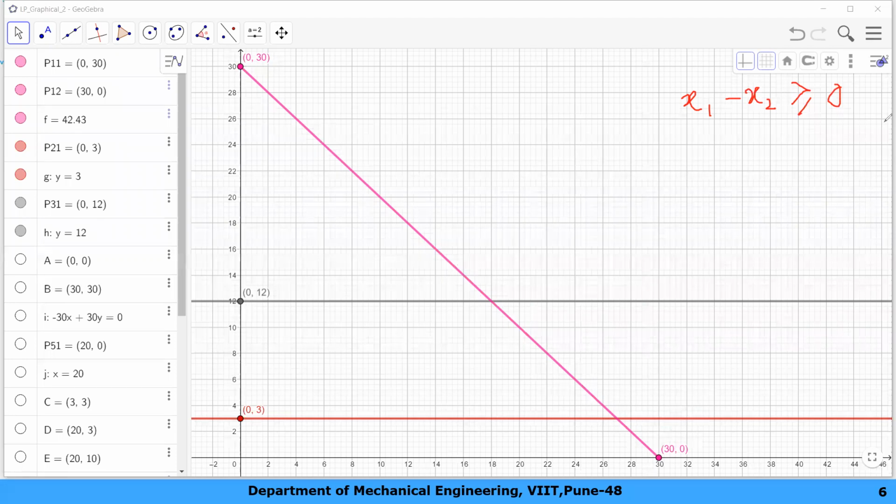Now, most of the time, what the student does, they go through the earlier same procedure. X1 equal to 0, you will get x2 equal to 0. Same, x2 equal to 0, and you will get x1 equal to 0. So you would like to draw a line, but what you get is a point only, 0, 0 and 0, 0. That's the origin only. And with only a single point, you will not be able to draw a line, right?